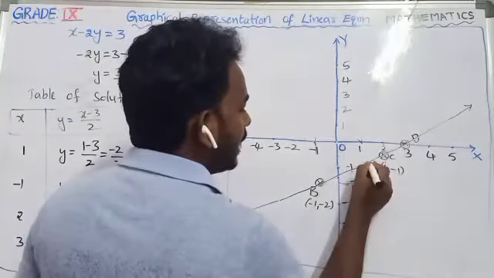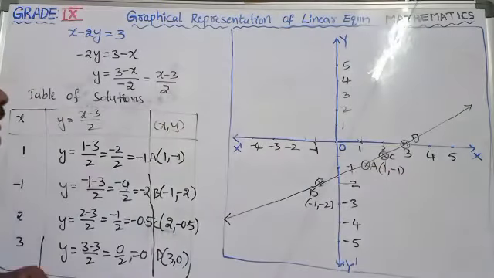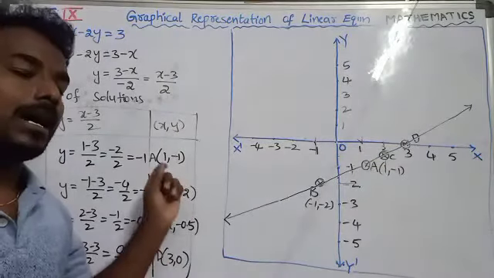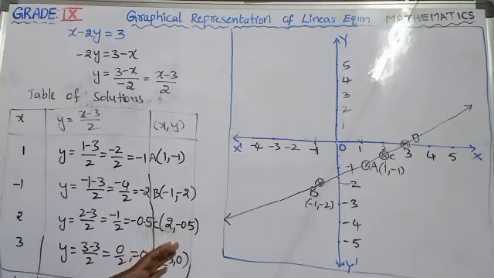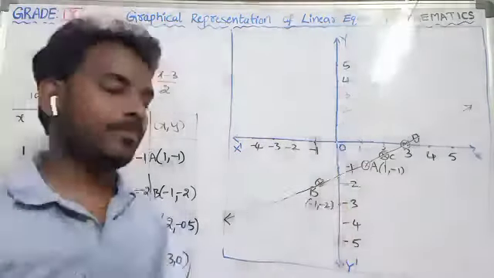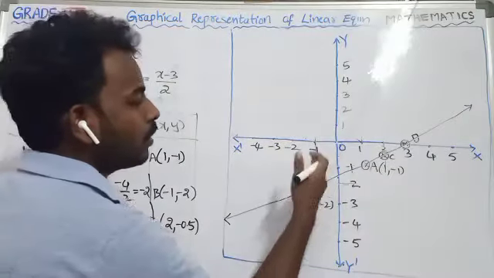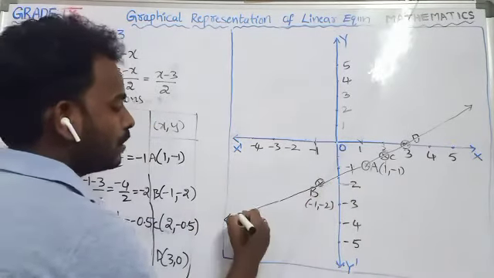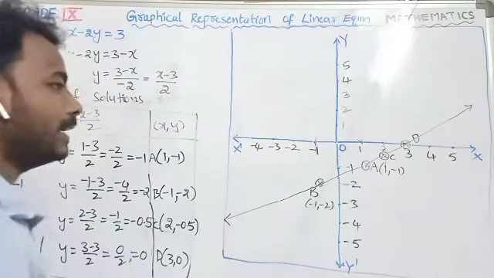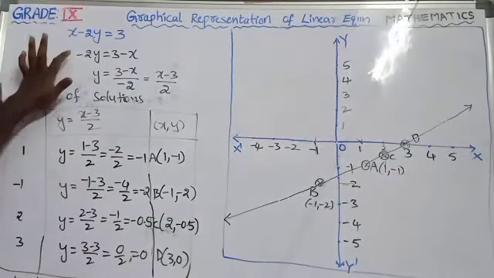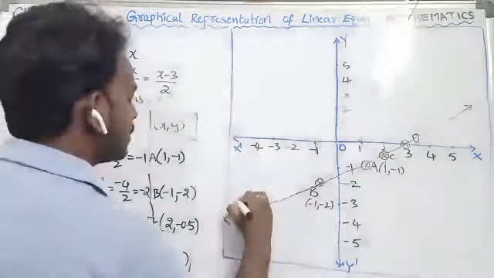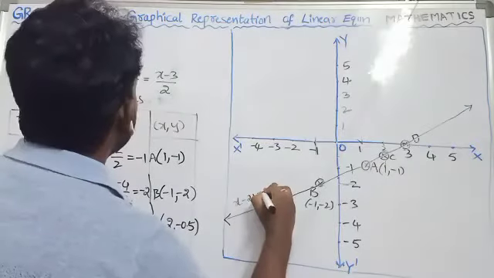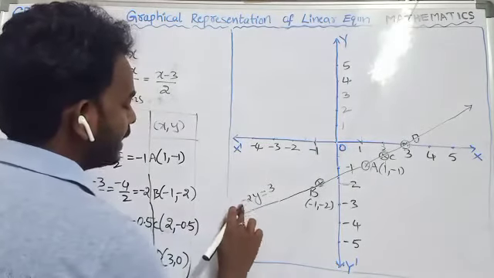Every linear equation in 2 variables, and also a linear equation in 1 variable, will always be a straight line. So you do remember that one. Whenever you get something other than a line, you can check the solution. You need to mention the name of the line here, at any one of the ends. What is the name of the line? The original equation is x minus 2y is equal to 3. You need to write that here.